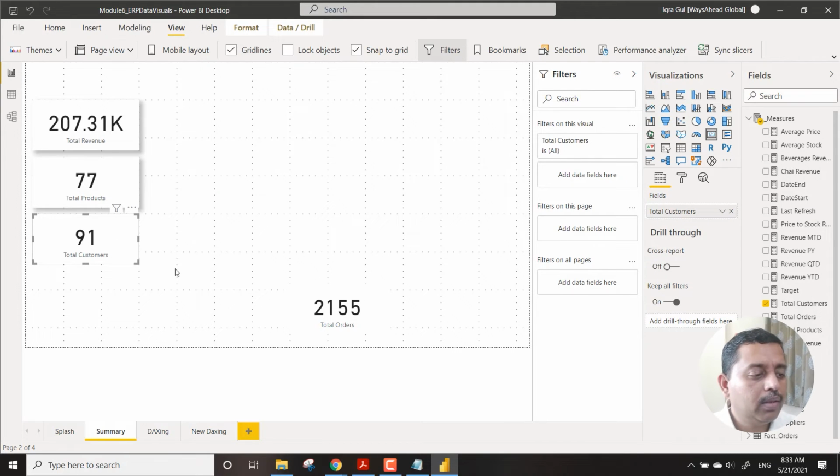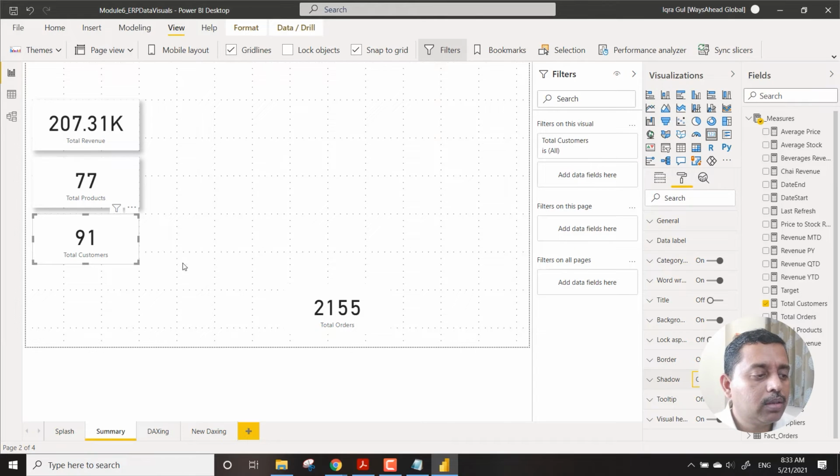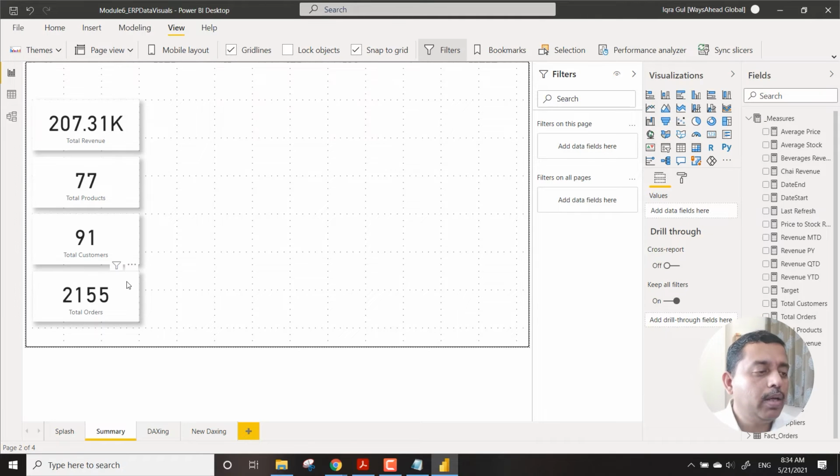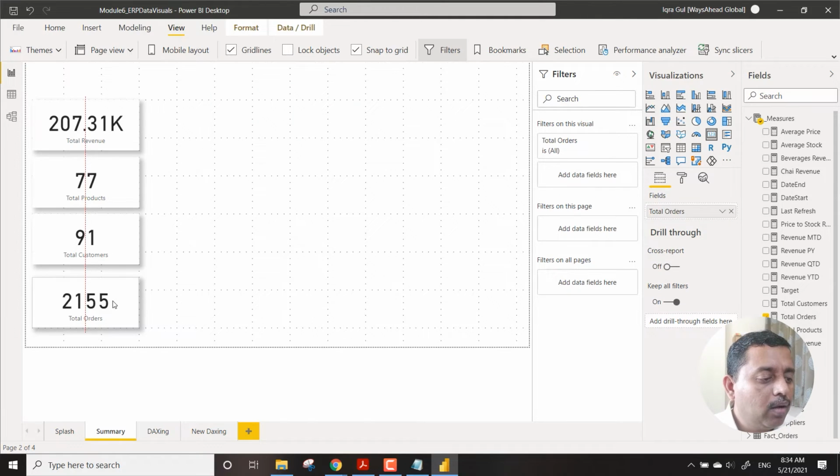And then we have the third, and for the third also we bring in this shadow, and finally like this. So we immediately get an understanding of this particular data points.